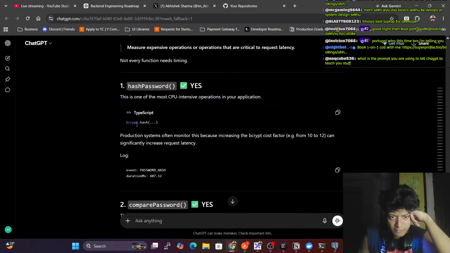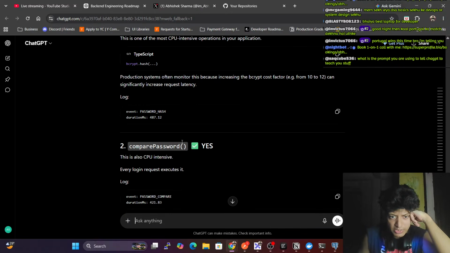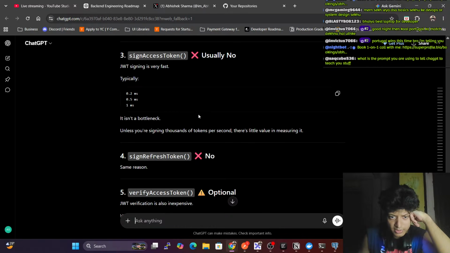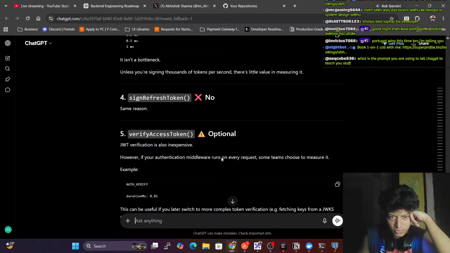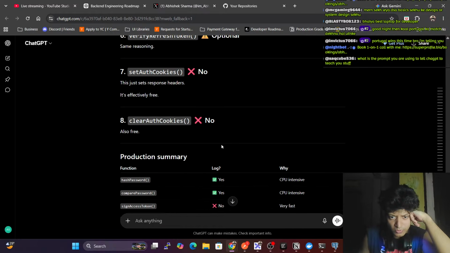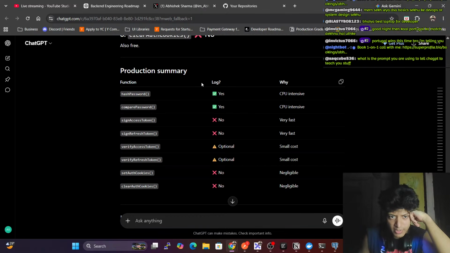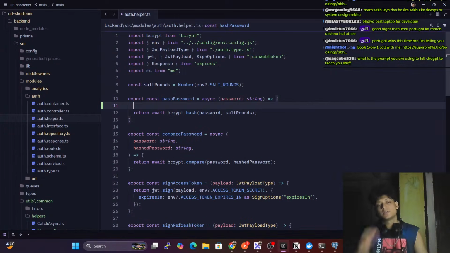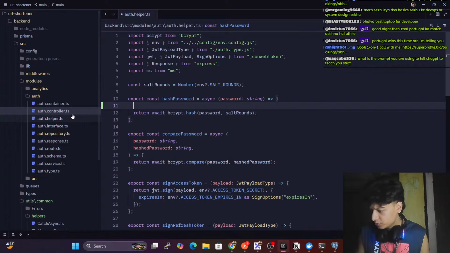Here we have hash password and compare password. We don't need this. Verify set all, no. So hash password is required and compare password. Hash password: here what we can do is, before we return, we can create a log here. For the log we can use